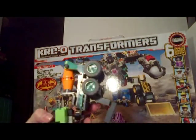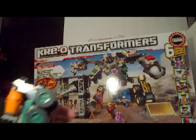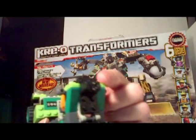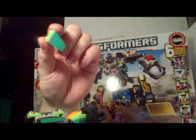Okay, now we're going to try to attach Mixmaster onto Long Haul. First thing I do is, you see these green pieces right here? They are going to fall off as soon as you try to assemble it, just by the way you grip the figure. So I usually just pull them off right